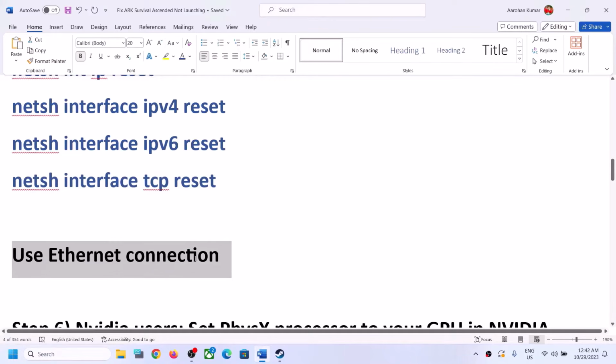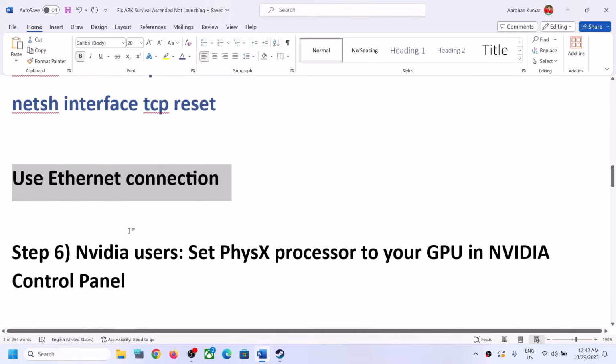Also, if your computer has an Ethernet port and if you have an Ethernet cable, you can use Ethernet connection. You can switch to wired connection. That will give you a stable internet connection, and that should fix the problem. But if you're still facing the problem,